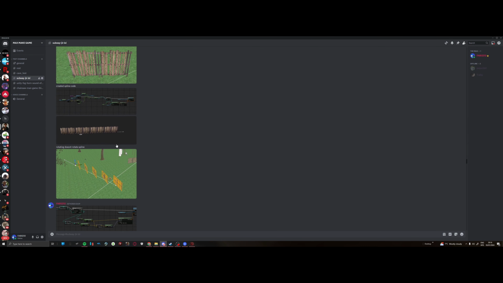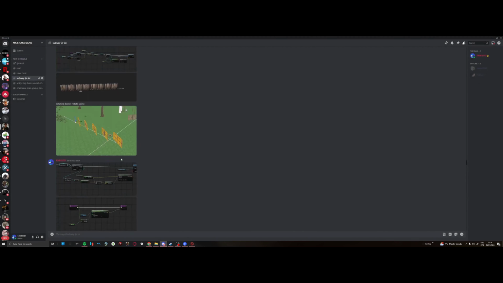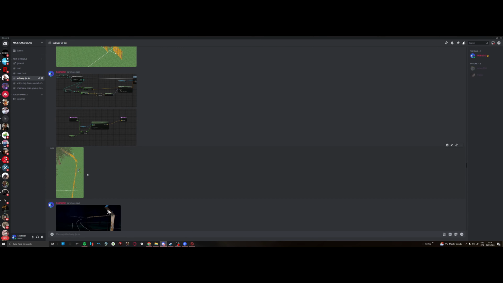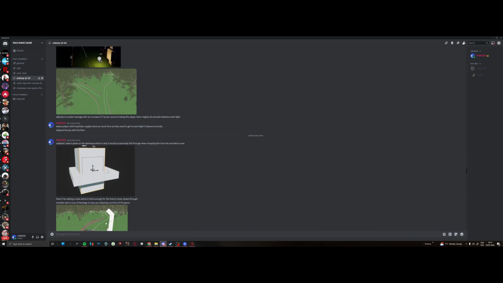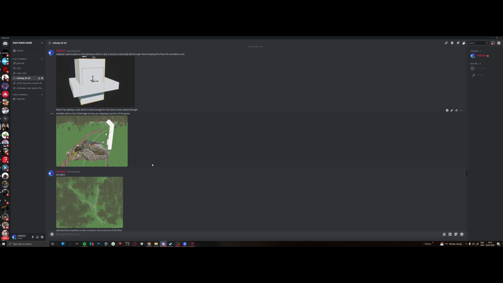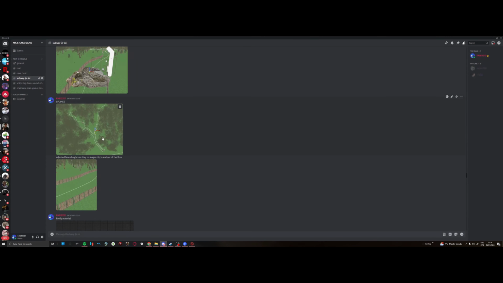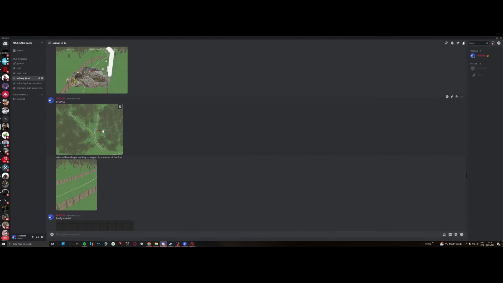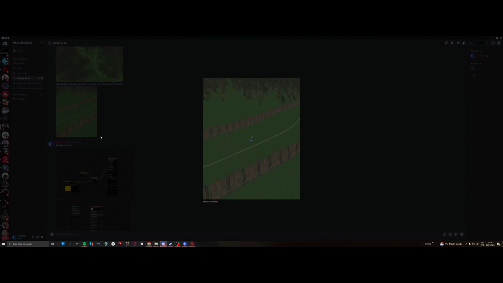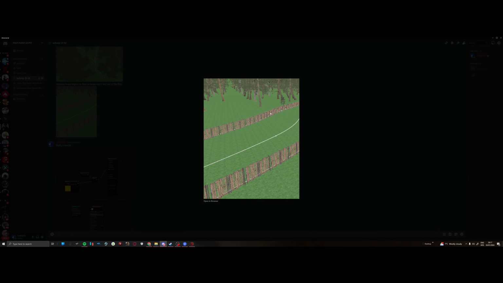Started adding in a fence on splines, and made it so that way I don't have to manually place each fence down. The splines will automatically just start placing fences along the line, allowing me to very, very quickly just add all of the fences to the level. Yeah, there's a lot of different splines and things that I use in the level, so it can look a little bit confusing at first. I adjusted the fence heights just so that way they'd actually fit and not